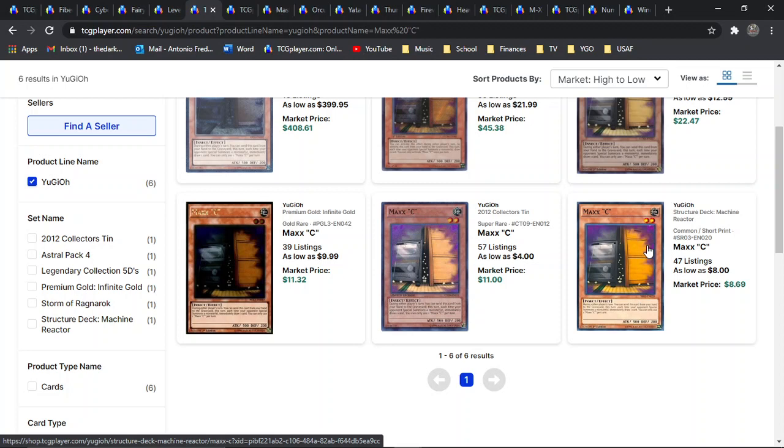Of course, you have the common as well, which is even more affordable, but it's ugly. It does not look as good as super rare, and that's why I'm really big about having, in particular, hand traps in super rare, because hand traps recycle in and out of the meta, and you want to have something kind of nice to look at. So super rare will give you that aesthetic reflect to go with,